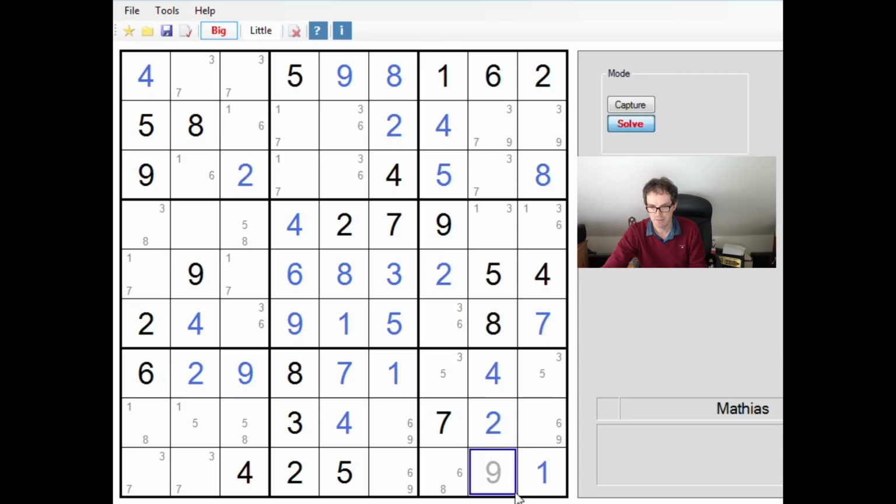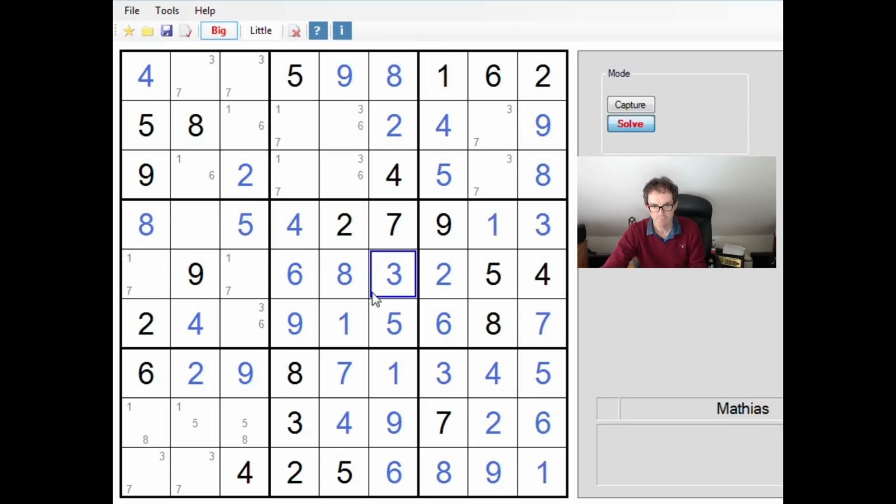I think. Now the one here gives us a 9, which means this is a 9 up here. Assuming my pencil marks are correct, this is a 6, 6, 9, like that. Now this square here is forced to be an 8. 3, 5, 6. I'm going slowly here because I don't want to make a mistake and ruin what ought to be a decent solve. 8, 5, 8, 1, 5,